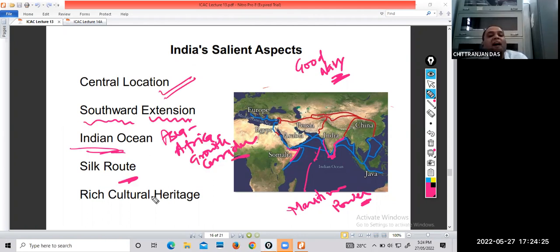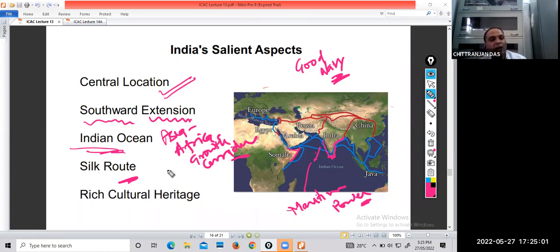India is a country with a very rich ancient cultural heritage and a rich past also. Stories of the Ramayana and Panchatantra reached Indonesia. If you Google it, you will come to know that the Ramayana exists there as folk tales. It is very, very popular in Indonesia, especially on the island of Bali.